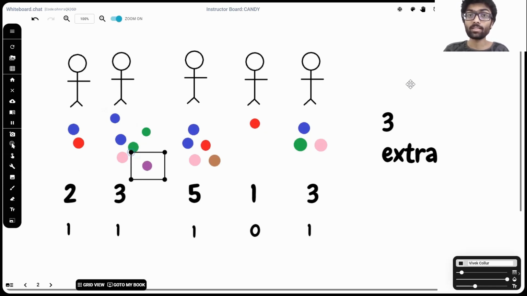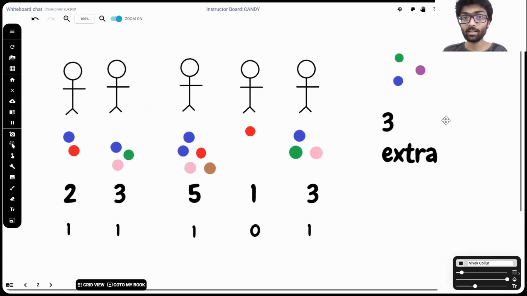So why do we need to consider the other scenarios? All we need as per the question is one possible distribution, the best possible distribution. If that helps the kid get an output of 1, there's no need to consider every single distribution. The general algorithm is, if that kid's candies plus every single extra candy is still less than the maximum number of candies, that kid's output is going to be 0. However, if it's greater than or equal to the maximum number of candies, which in this case is 5, that kid's output is going to be 1.